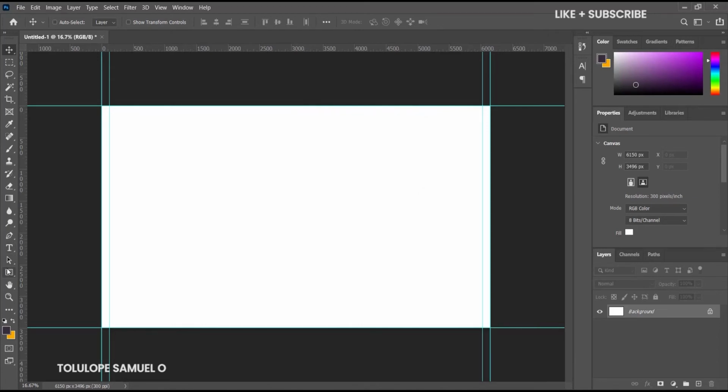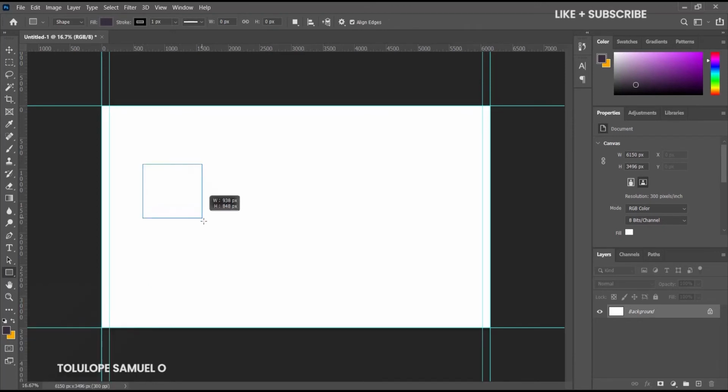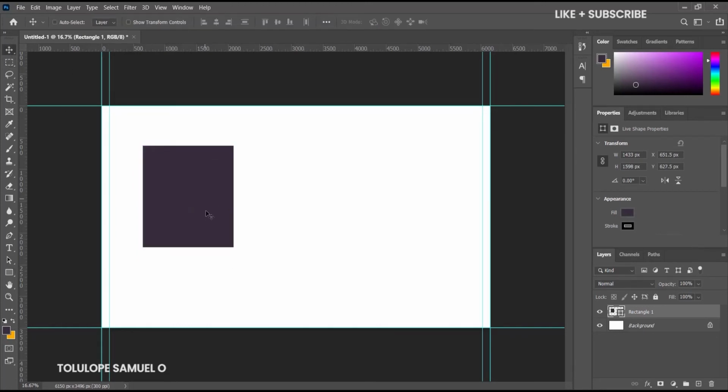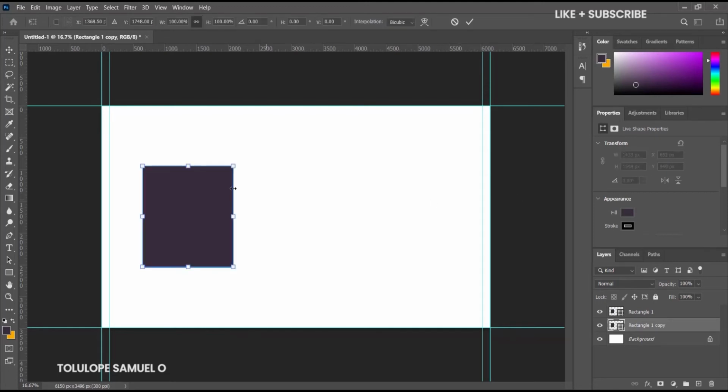Basically after doing that, the next thing I like to do is to draw my rectangle. So I'll take my rectangle tool, and I'll just draw a rectangle just like that, to where I'm okay with it. And yes, I think I'm good here. I'll pick this and drop it here nicely like that. Next I will duplicate the rectangle with Ctrl G on my keyboard, and I will drag it down here just like that. After doing that, I will press Ctrl T on my keyboard and increase it slightly.